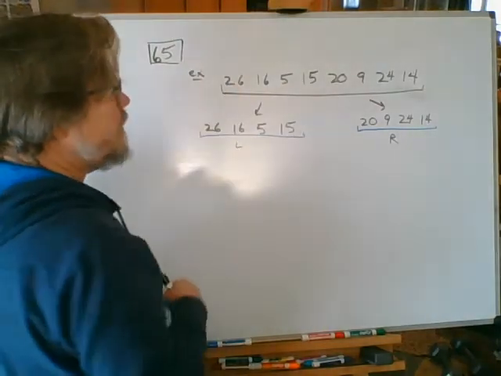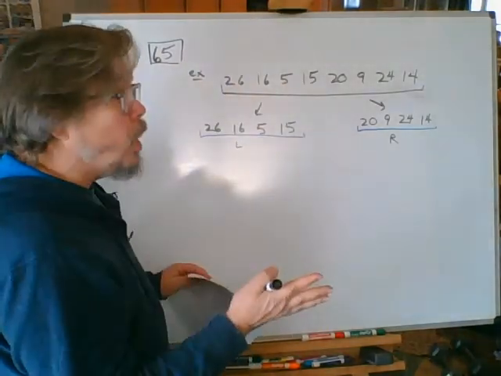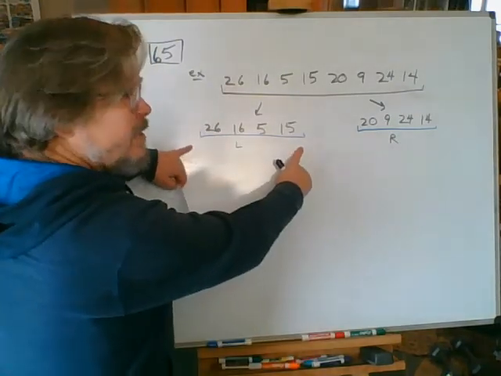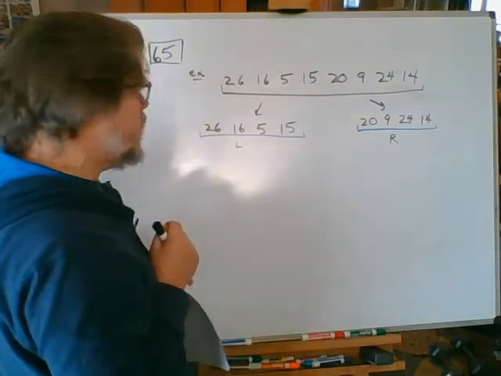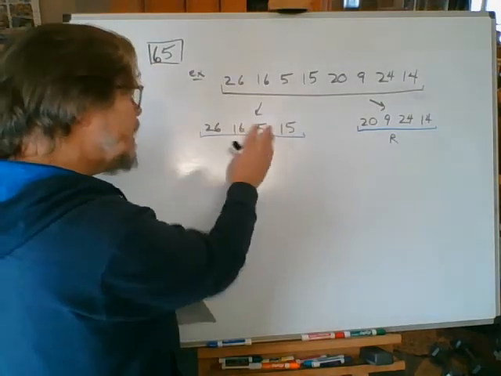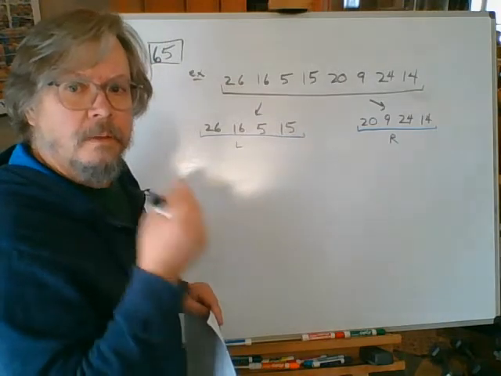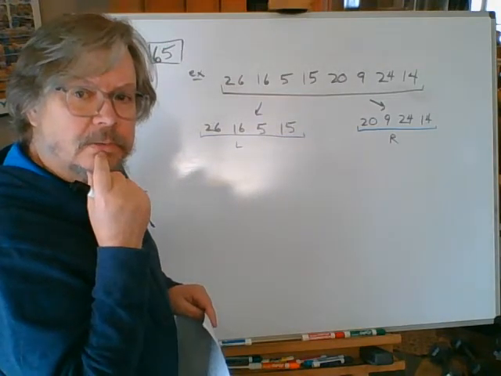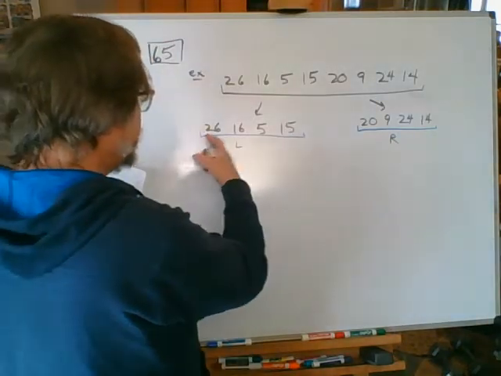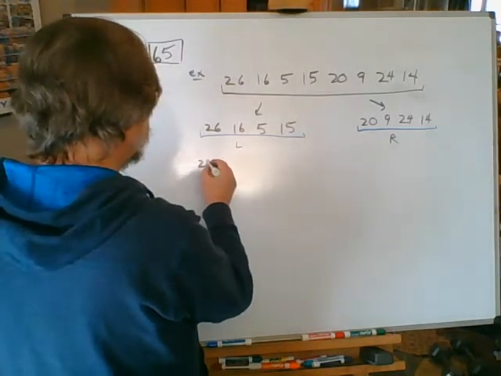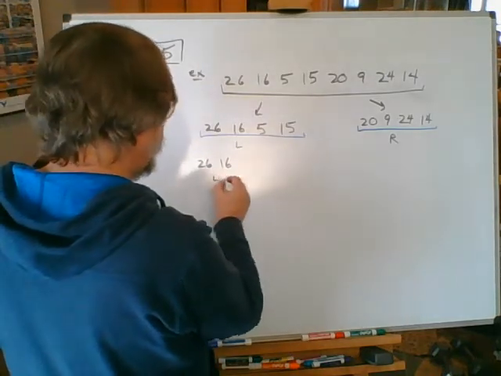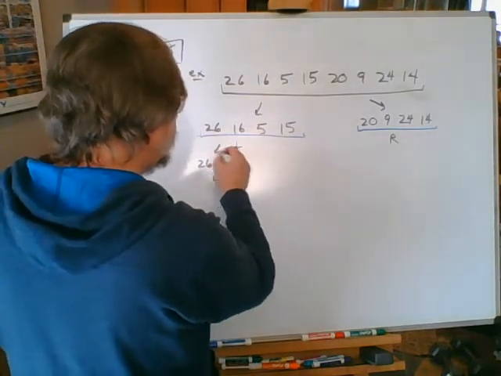Now we've got to sort each half using merge sort, which means we start all over again with this as the only list that merge sort has to put in order. What does merge sort do when I give it this list and say, put that list of size 4 in order? Well, let's see. It's got to be a stepwise sequence. The first step says, split the list in half. Look what happens. This gets split in half. 26, 16 is the smaller left half over here. L for left. 5, 15,